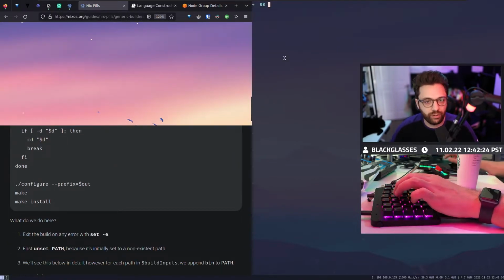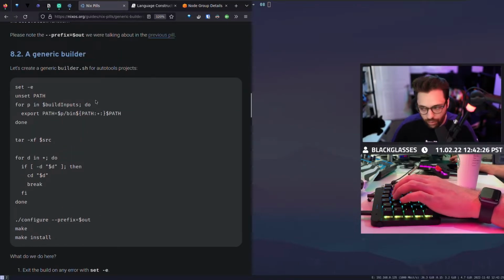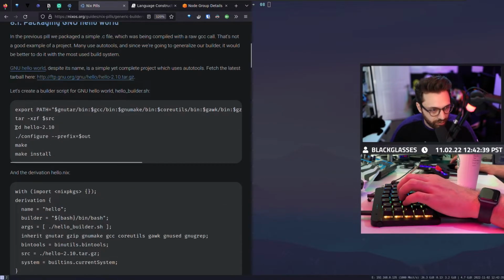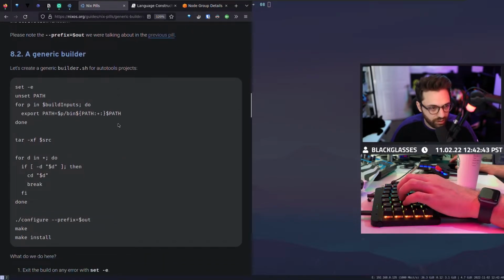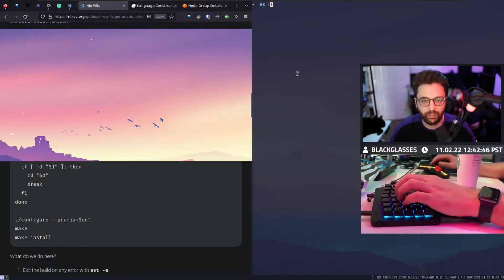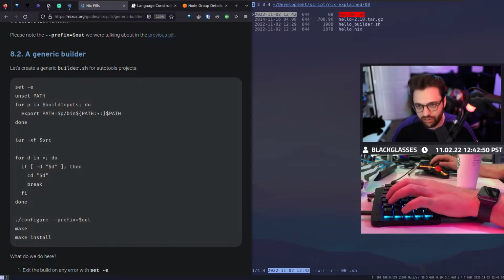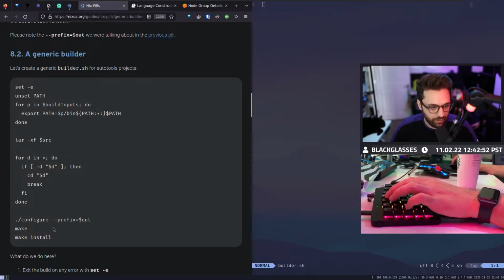And so what we're going to do is, instead of having a hello builder, of just building the hello project, now we're going to focus on building a more overall generic builder that solves some of these problems, like where it says hello, for example, and the version and some of these other things. So what we're going to do now is create a builder.sh. So new file builder.sh, right? And then I'm just going to copy and paste all of this, but I will explain it to you really quickly.